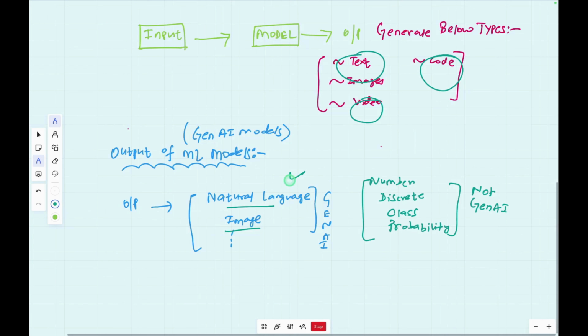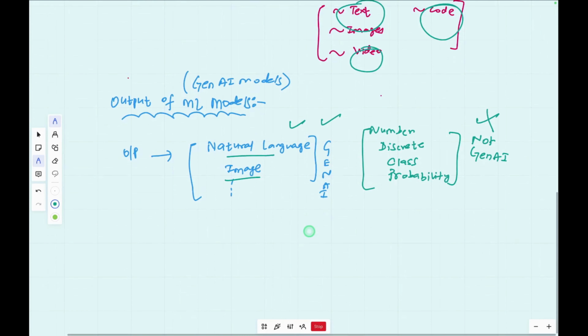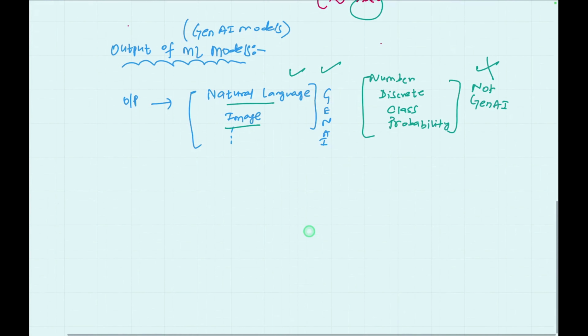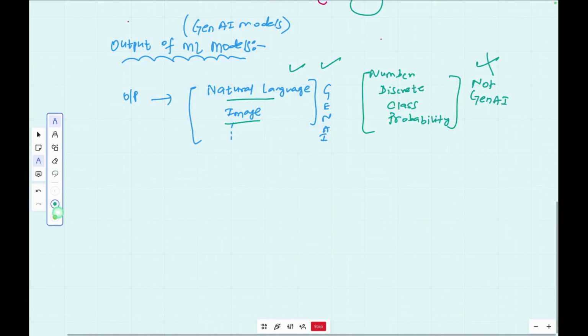Some class, some probability. These are not generated values or generated content, right? This is just some output. So we cannot call this section generative AI. This section can be called generative AI. Now, in mathematical terms, I am not going very deep in mathematics, but let's try to understand some of the basic items. So when we say Gen AI,